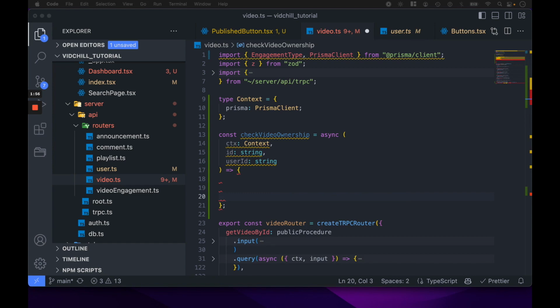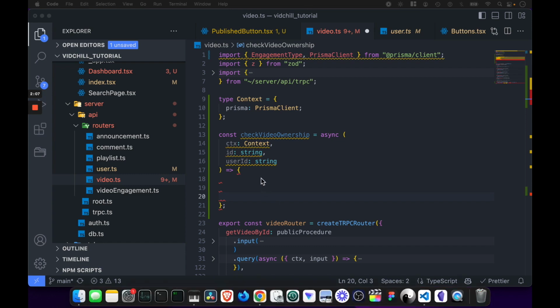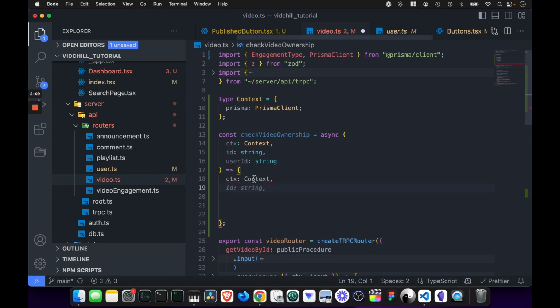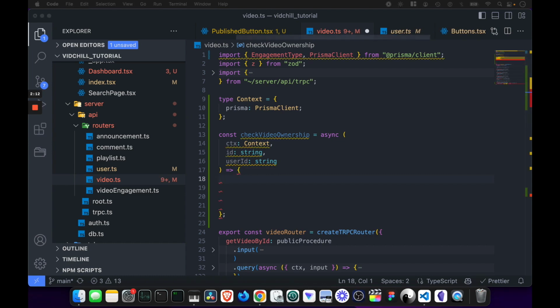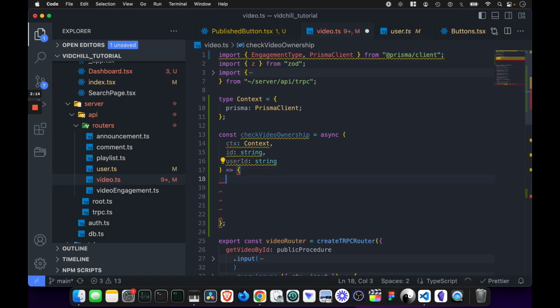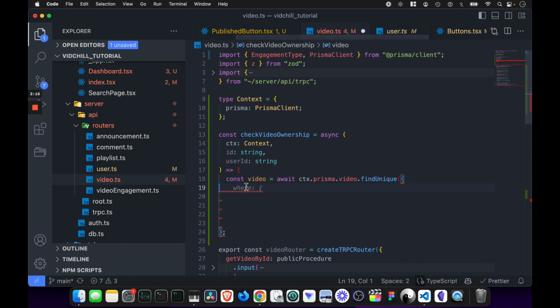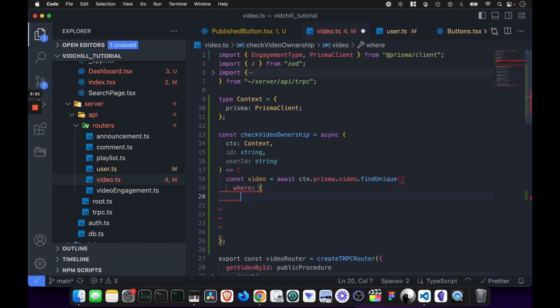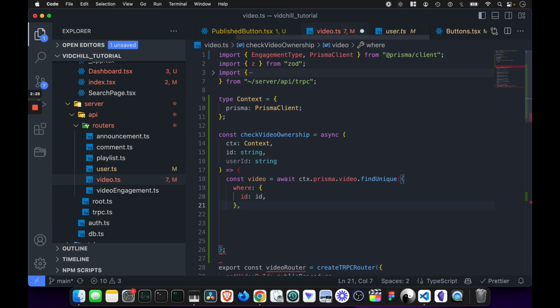Now we're going to actually run our find unique. The only thing we're doing is finding the ID of the video. So let's do that now. If I say const video like this, await, we're just going to be finding the video where the ID equals ID. So where ID is equal to ID, then we're going to close it,